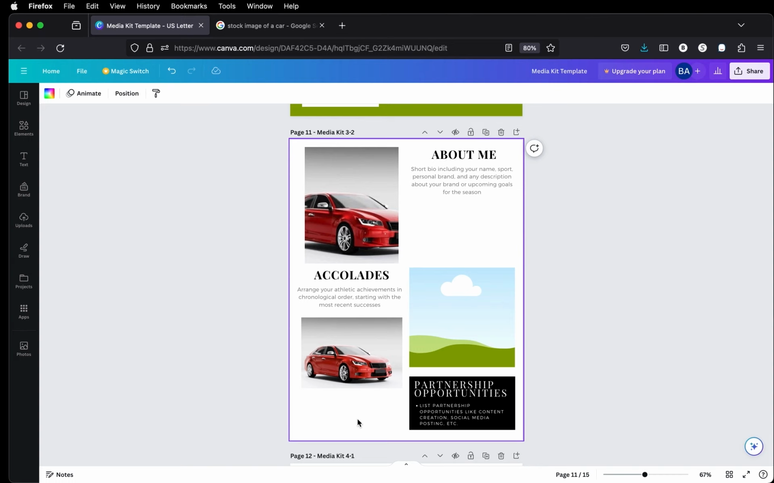And voila! That's a simple way of how you can insert images into your Canva